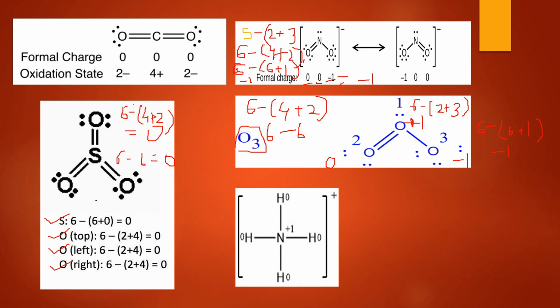Now coming to the NH4 plus. Now first let us take one nitrogen. So this nitrogen is having 5 electrons in the outermost shell. So this is the 5 electrons. Then there is no unshared electron. So no unshared electron means 0. Then number of bonds are 4. This is 4. Now 5 minus 4 is equal to plus 1. So plus 1 is the charge on nitrogen.